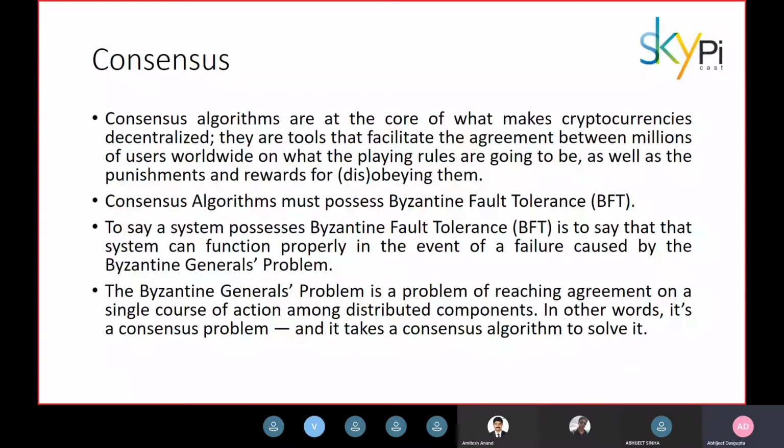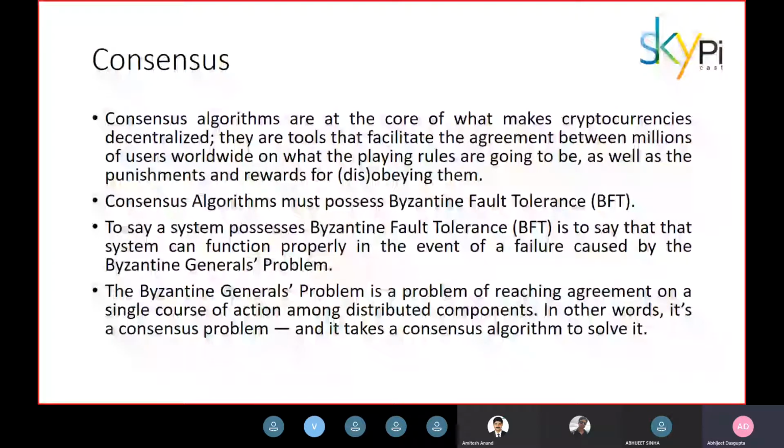And hence, we can have consensus based on this Byzantine fault tolerance, and the entire blockchain and the transactions maintain their sanity. In other words, it's a consensus problem, and any consensus algorithm must follow these Byzantine fault tolerance principles to maintain the blockchain's sanity. There are 2 types of consensus algorithms generally in use in current blockchain technology: proof of stake, or POS, and proof of work, or POW. Let's have a look at the difference between these two.